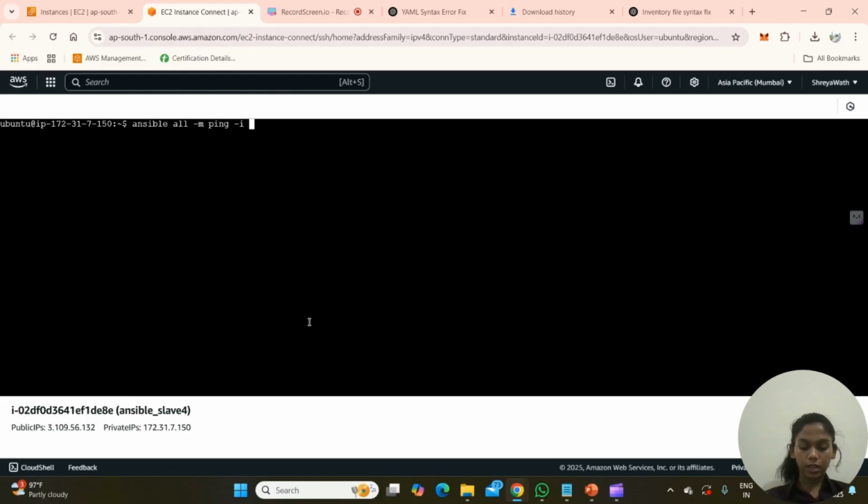And then the path of the inventory file, which is /home/ubuntu/ansible/hosts, after which you have to give your private key file, --private-key equals to ~/.ssh/ then the key file's name, and hit enter.